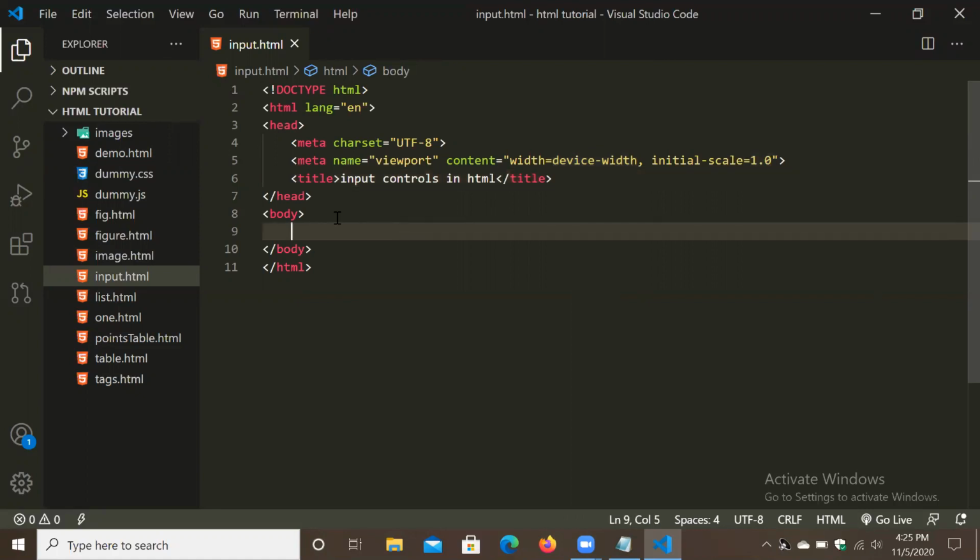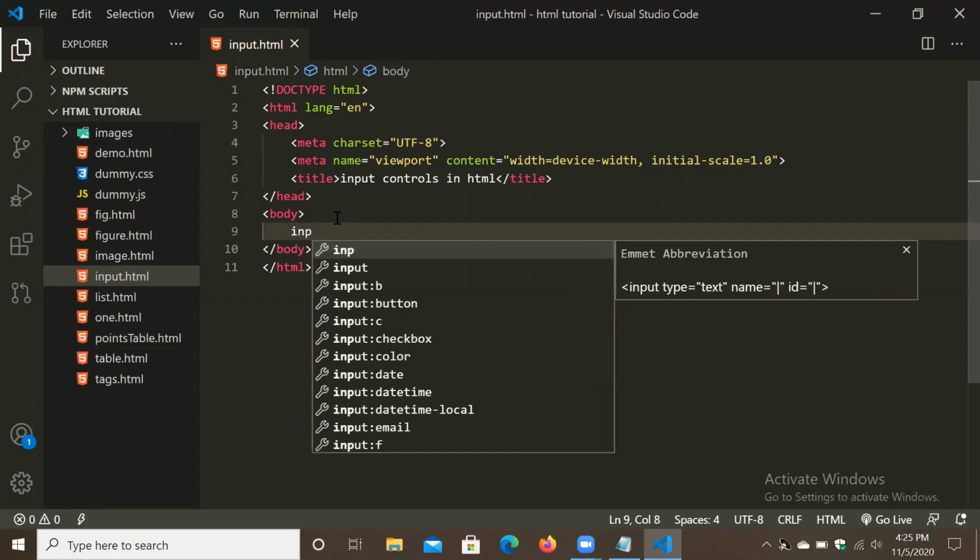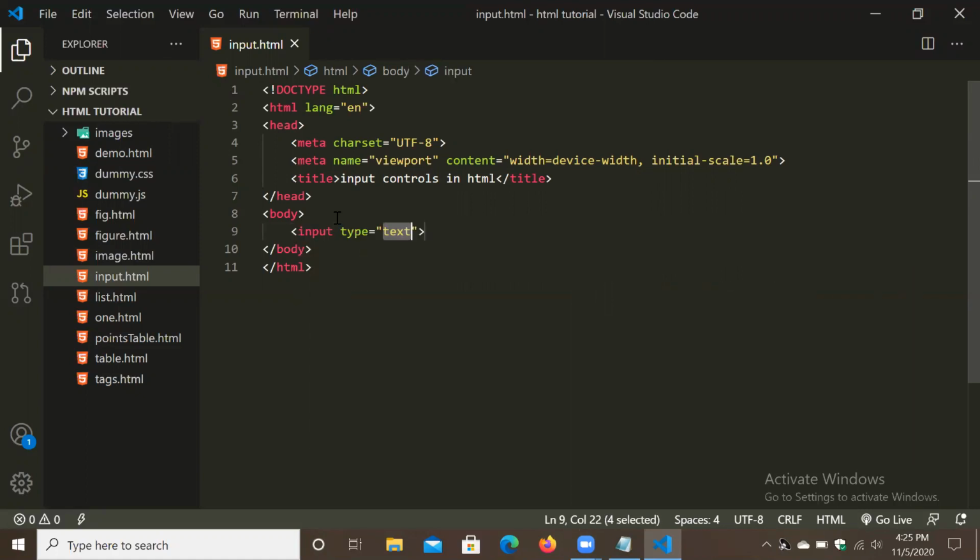Then in body, what we'll do, input type is equal to text. Okay. So we are going to see the input controls. In that we have input type text, input type password, input type. We will see. Okay. So first I have written input type text.